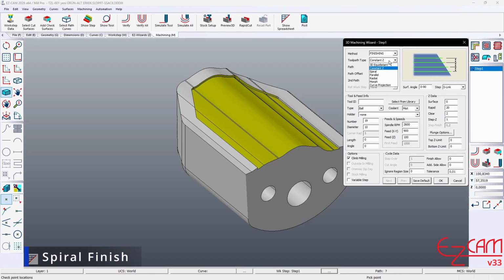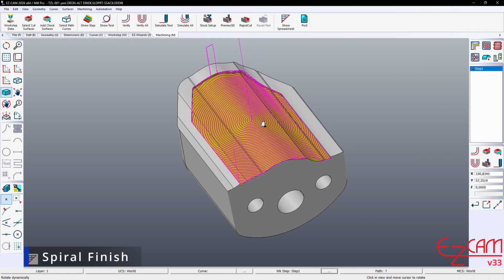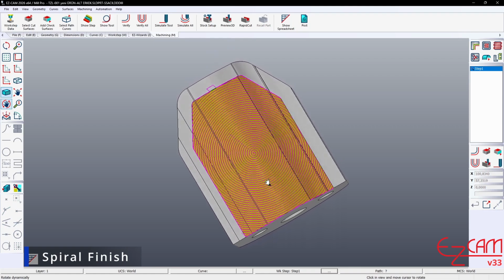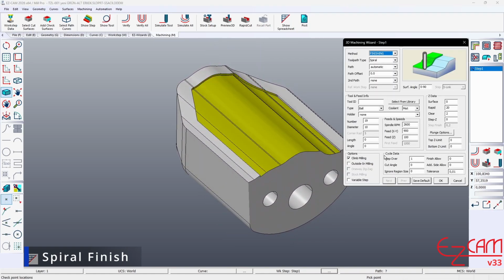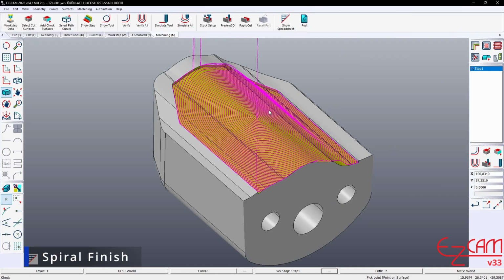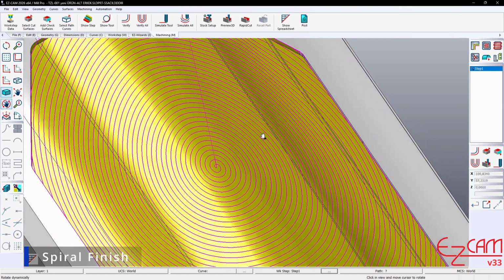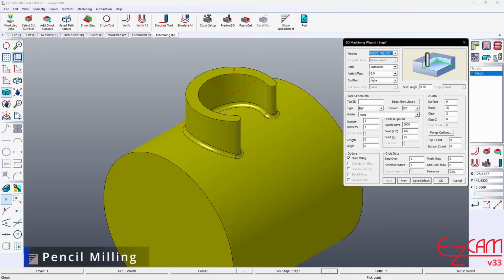Spiral finish in the new version includes further innovations. It now replaces the pocket pool finishing approach with a smarter and more flexible behavior. On large areas, tool paths become more orderly, smooth, and efficient with automatic elliptical spiral transitions. By keeping scallop height constant with variable step-over, surface quality is increased and machining time is reduced.